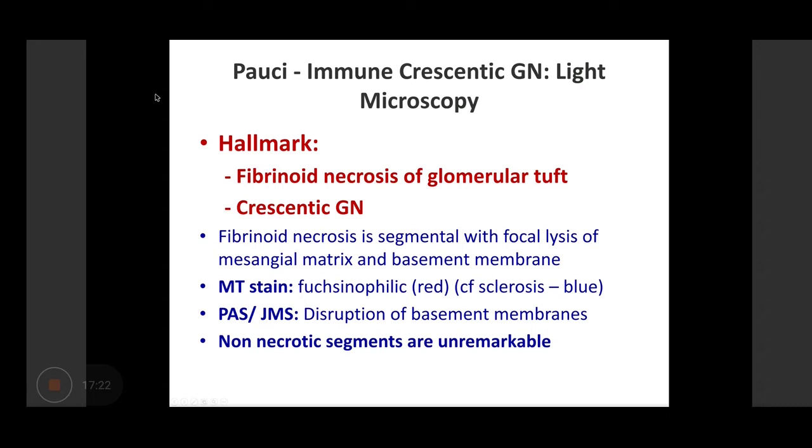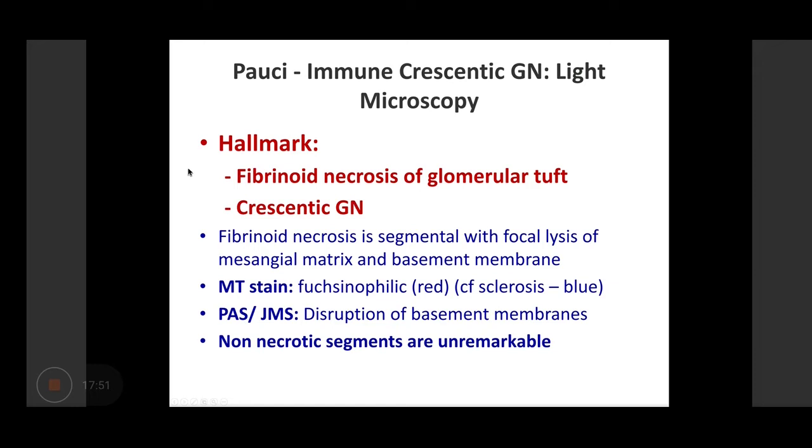Microscopically, what will you see in the kidney biopsy in patients with ANCA-mediated glomerulonephritis? The hallmark of this is fibrinoid necrosis of the glomerular tuft in association with crescentic glomerulonephritis. How will you recognize the fibrinoid necrosis? The fibrinoid necrosis is usually segmental in nature. That is, only part of the glomerular tuft is involved, and the remaining part will appear